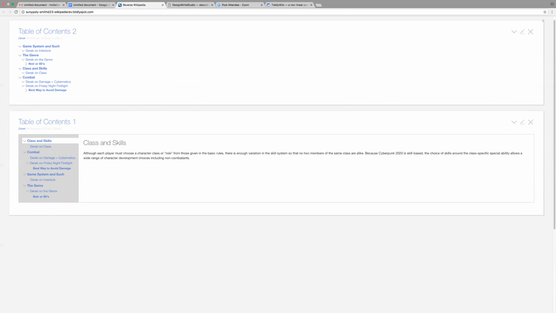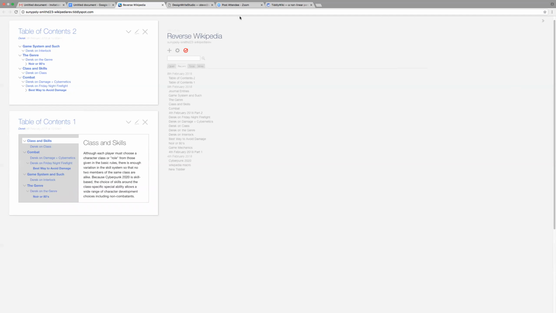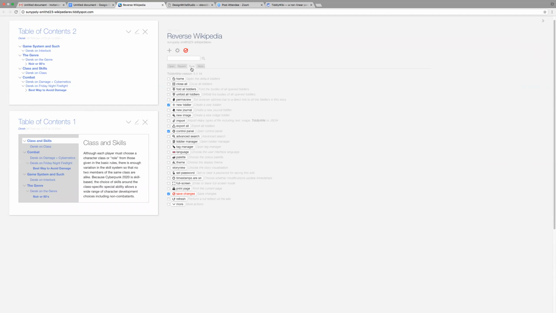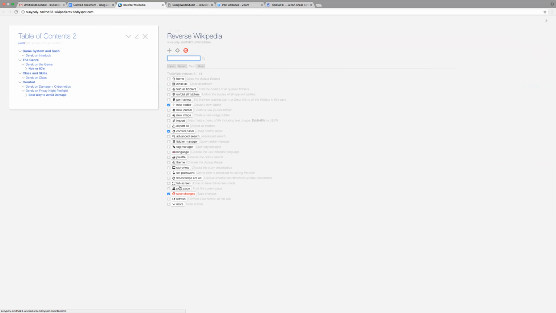So, Derek, expose your sidebar and go to Tools and click and go to Story View. Bring out Story View and select Zoom In. Okay.